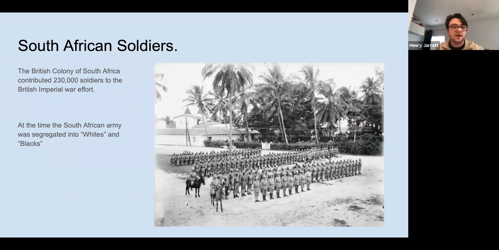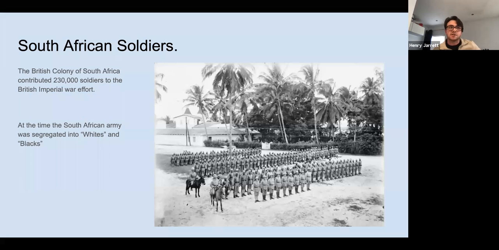South African soldiers, again, the British colony of South Africa contributed over 230,000 soldiers to the British imperial war effort. But what's really interesting to consider about this was, at the time, the South African forces were still being segregated into whites and blacks. If you were a white soldier who enlisted, you were automatically a higher rank than a black soldier, and black soldiers were often given worse food, living quarters, worse training, and were often given the more dangerous missions,